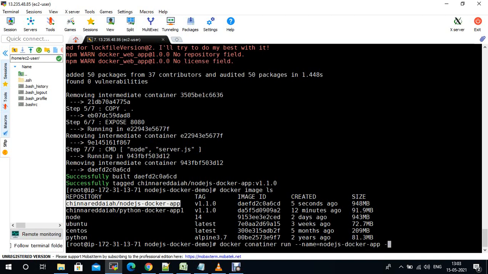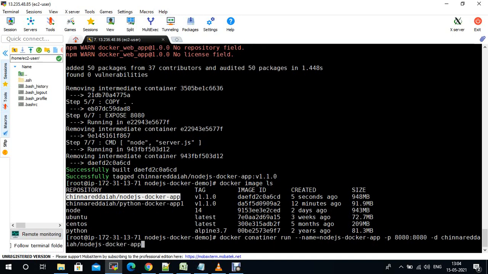And I am opening the port 8080. This is the host port, and 8080 the container port. I'm detaching with -d, and then the image name and version.